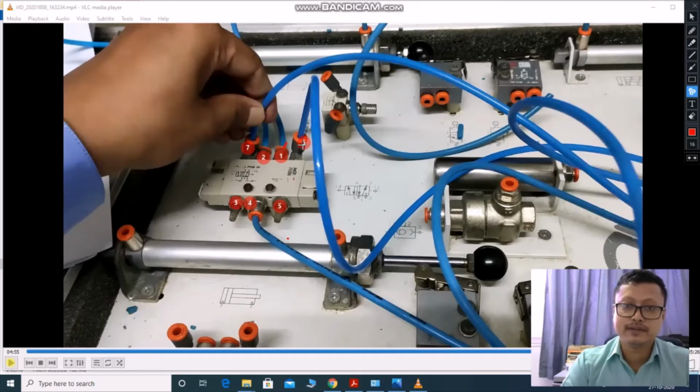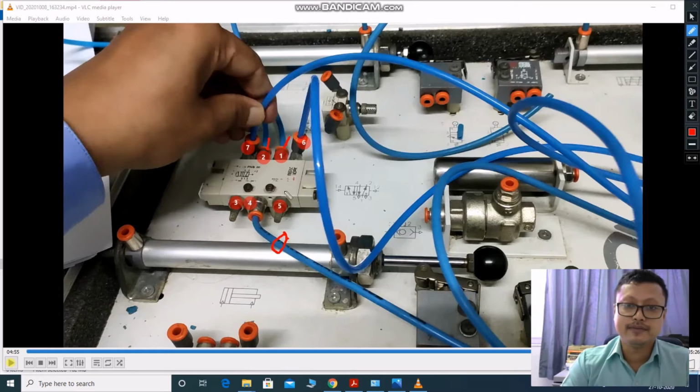This 6 and 7 is connected to our push button. From 6 and 7 you can change the direction of air, whether air will go out to the double acting cylinder from 2, or whether it will go on 1. Number 4 is the compressor pipe coming from the hand slide valve.